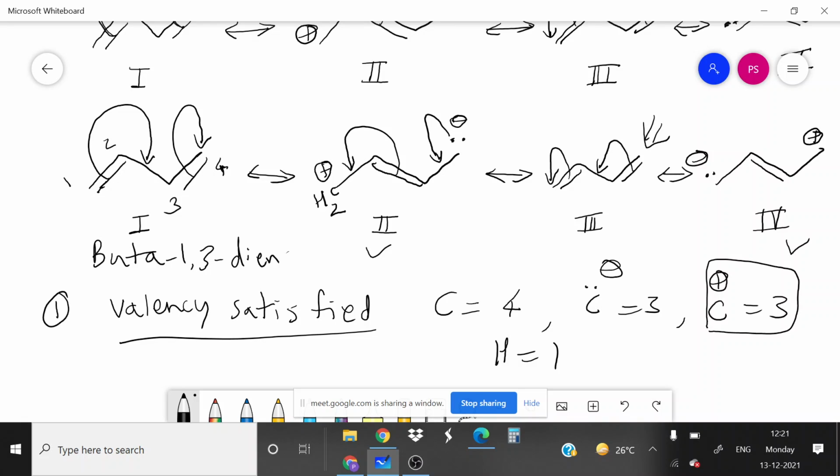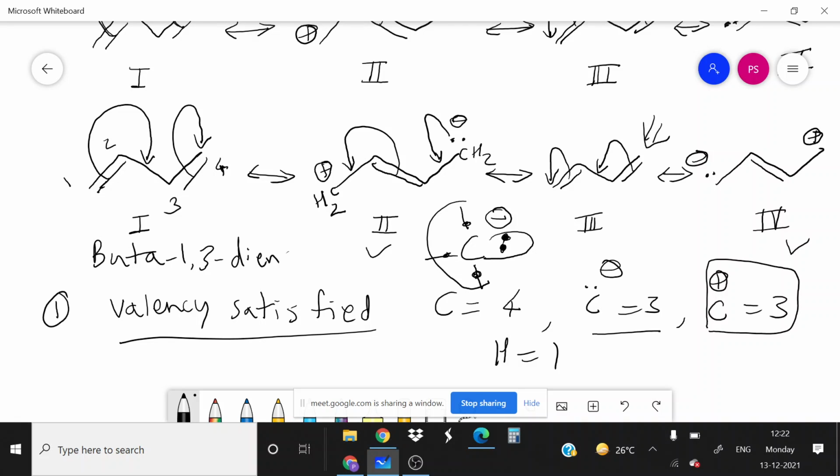Carbon minus: we already know that carbon has four unpaired electrons and they pair up to form four bonds. So this will form one bond, second bond, third bond. But if the fourth orbital contains one extra electron, then it will acquire a negative charge because no bond is here but one extra electron is there, so it will acquire a negative charge with one lone pair of electrons and valency is 3, as three bonds are there. So carbon minus, valency is 3.